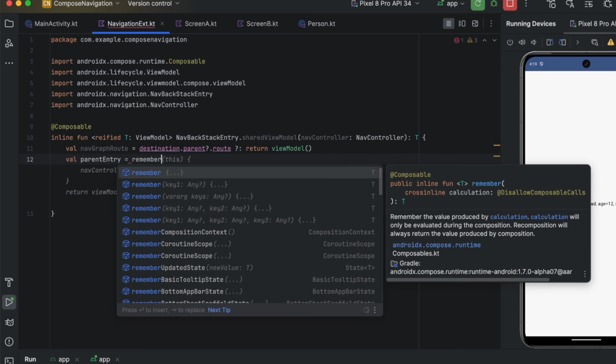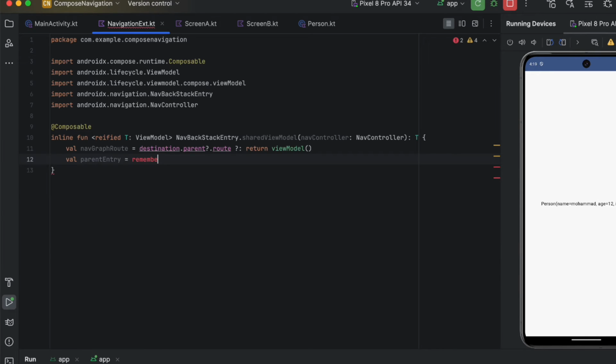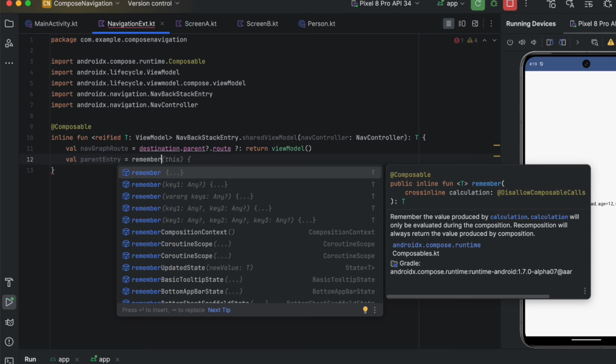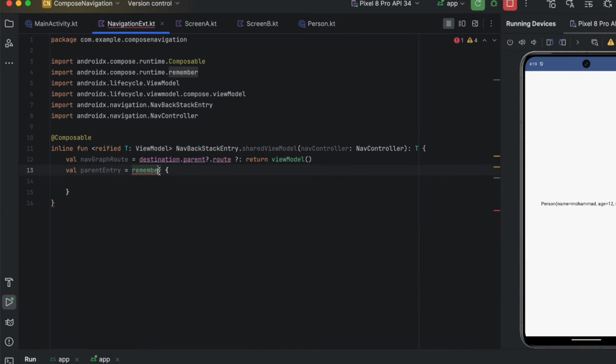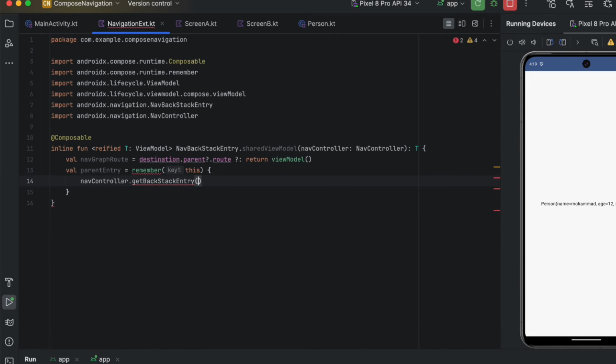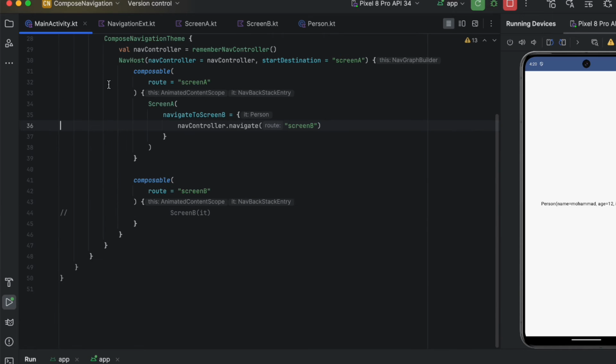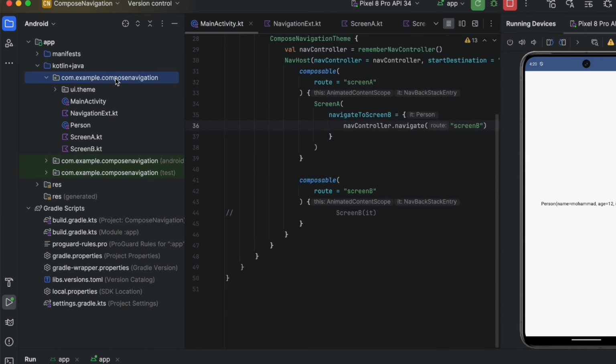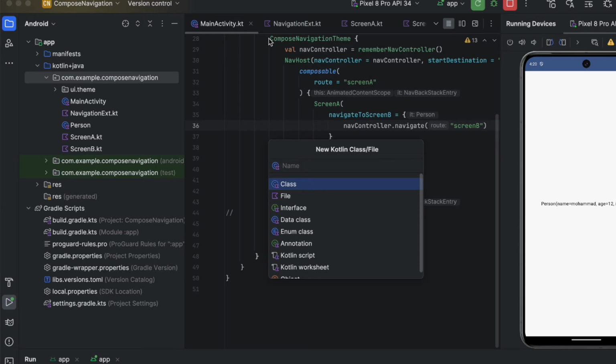Remember, if the backstack entry changes, you want to execute this block again. So we want to pass this as a key, and then we can say navController.getBackStackEntry, and we pass the nav graph route. Now over here we can just say return viewModel, and we scope it to the parent entry, and that's it. Now if we get back here, let's create a view model, call this SharedViewModel,